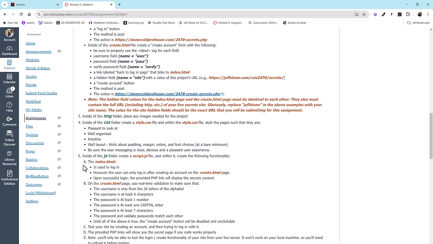And then the JavaScript, I'm just going to demonstrate this, but you'll be able to see it all in action here. These are the criteria for the username. Has to have at least 6 characters, at least one number, at least one capital letter. Or excuse me, the username is just those two. It's just only letters of the alphabet, lowercase or uppercase, and it must be 6 characters at least. Then the password has these restrictions. And then there's going to be a validate password field, and those have to match. And until all that stuff is true, the button to click to process the form won't even be enabled. So let's get to the live version of it real quick, and then we'll come back to this.